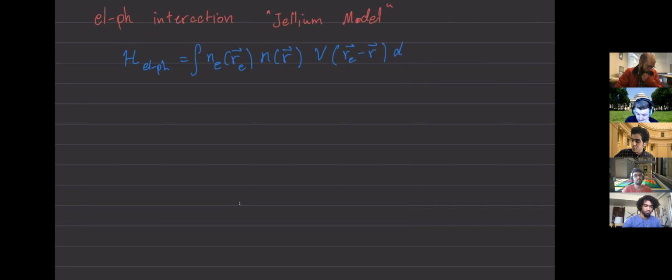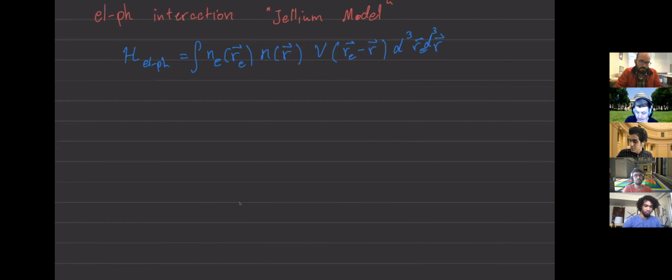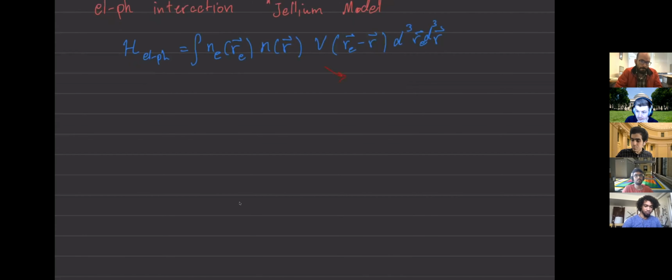And I integrate over all positions in my system. And when I say a Coulomb interaction, in momentum space, I can describe this interaction with,